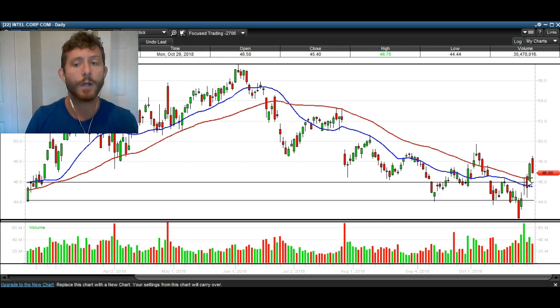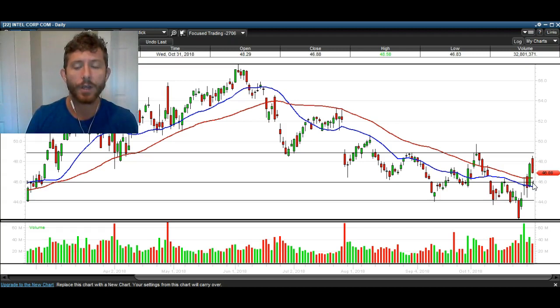zone here for Intel. This isn't just a short-term setup. I think that it can head even higher from here. So we've got resistance up here that we have not hit yet. You can see it was resistance right there, right here, and we haven't quite hit it yet. So if we head back down into about 46, I think that we can expect to hit up here near